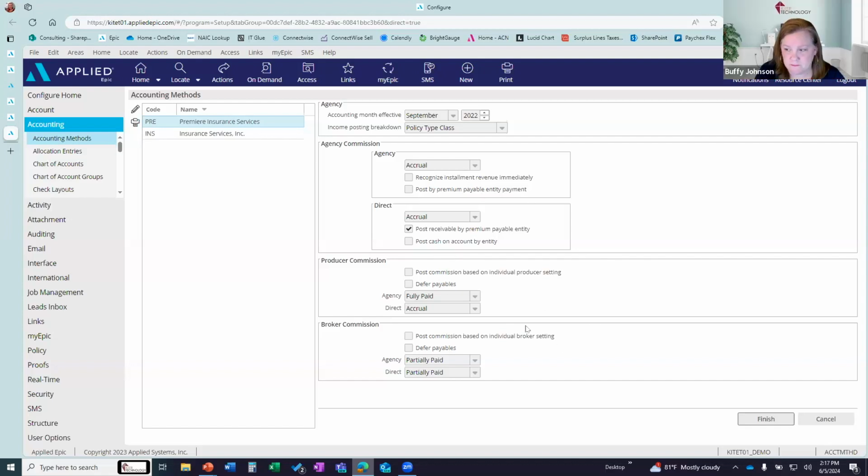With your producer commissions, you actually have a few more options. You have fully paid, which means they're not getting paid until that transaction is reflected as completely paid by the client with the agency bill, or fully paid by direct bill processing. And then you also have partially paid. So with the partially paid method,